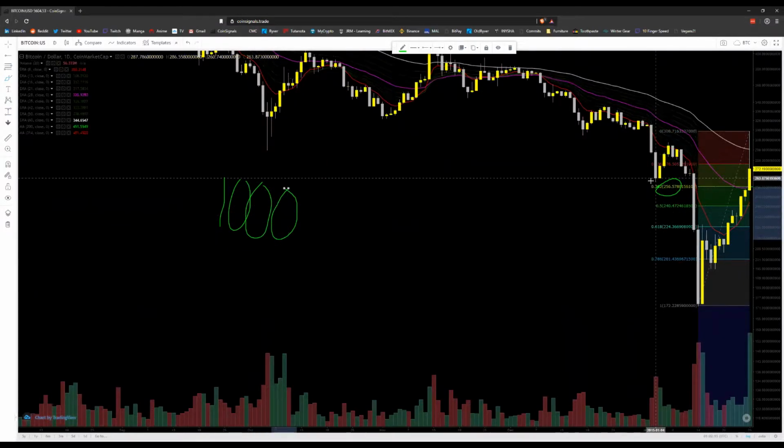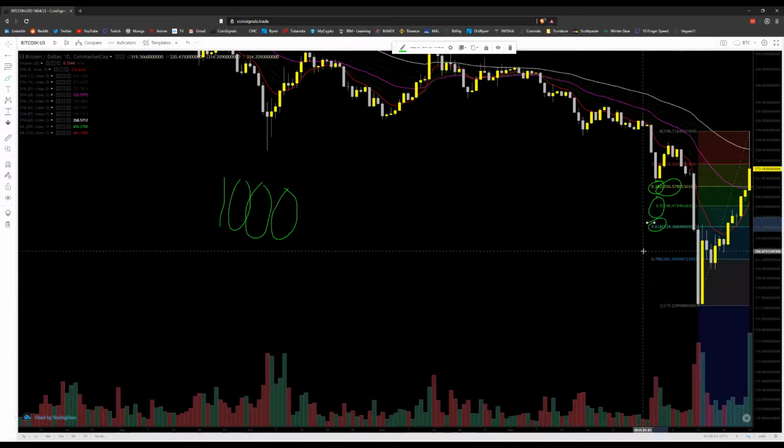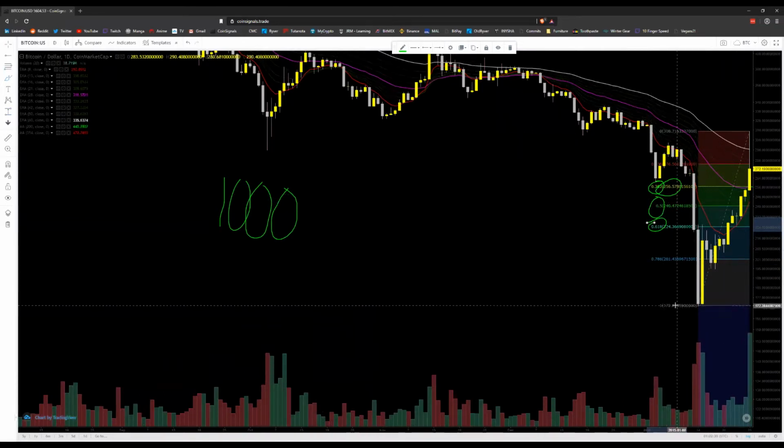So I'm watching for these 3 fib levels. I'm watching for price to come down and react to one of them. Okay? Once it does, then I can put on my main size. But beforehand, who knows how far price could come down? This is a bear market. This could go all the way down and break this low at some point. So I don't want to be buying $300 here,